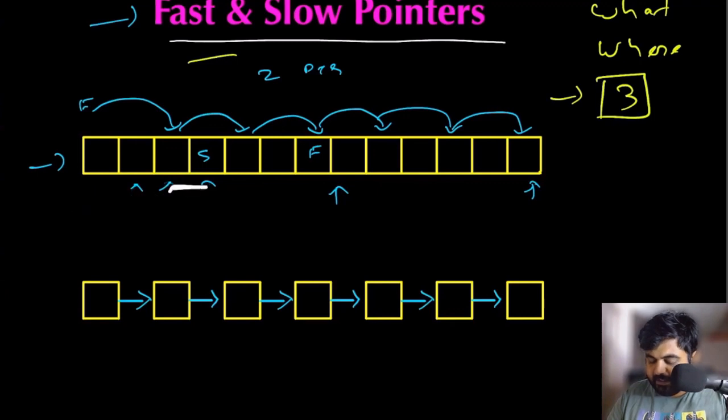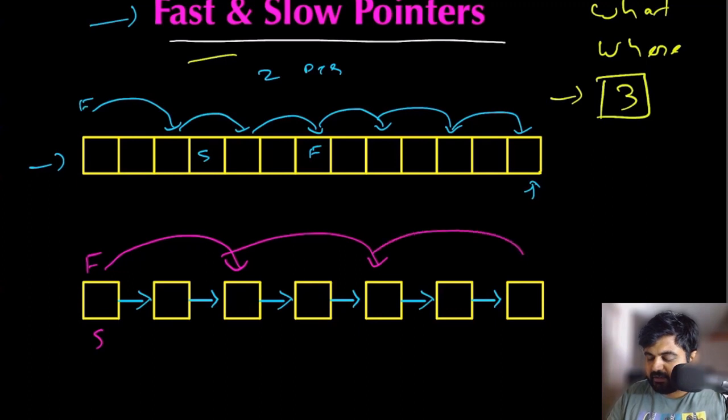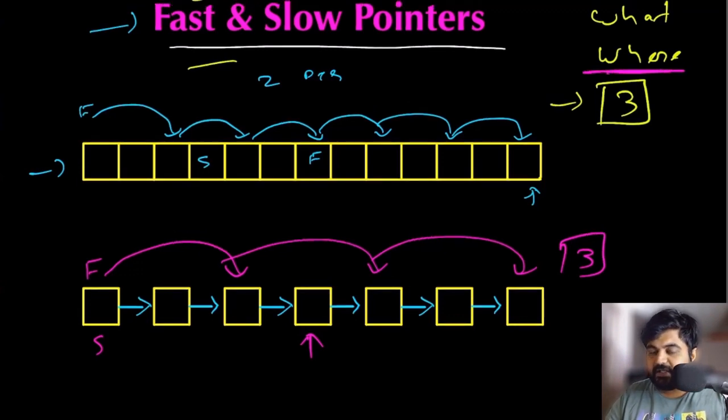The same thing can be applied for fast and slow pointers in a linked list as well, where even for the linked list we will have both fast and slow pointers starting at the same position, but the fast pointer is going to take 2 jumps at a time and it would reach the end much quicker, in 3 iterations only. Meanwhile, the slow pointer, in this case, after 3 iterations is going to stay somewhere over here, so somewhere in the middle. And that brings us to the next point, where do we actually use fast and slow pointers.